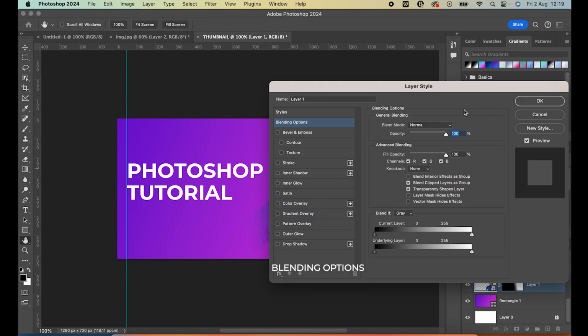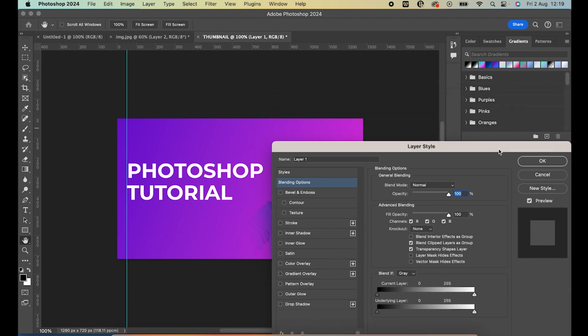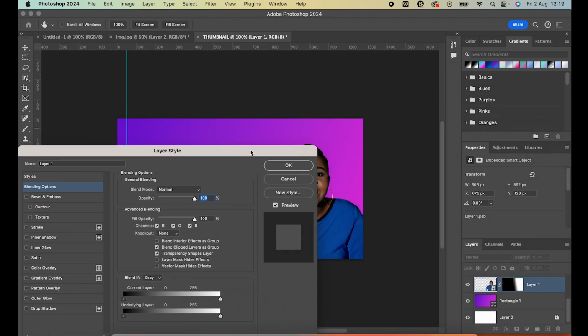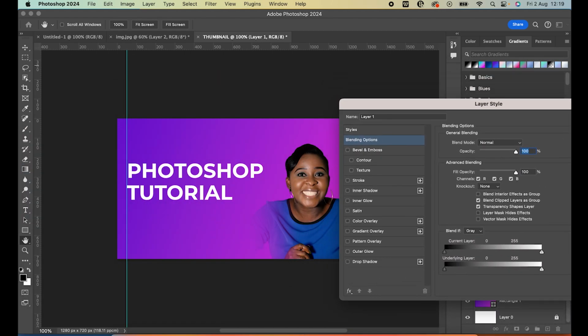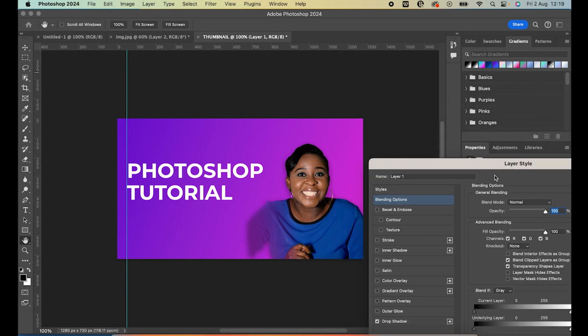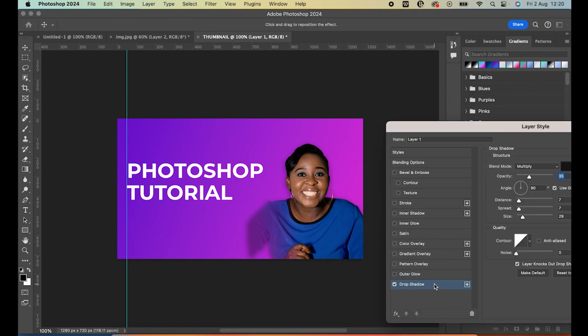So with this blend option, you have access to various things. Like this is so huge, you can do a lot. But let's say for this picture, for example, I want to drop a shadow. Okay, so I have the shadow option. Let's click on the shadow. So you can see there's a shadow, and you